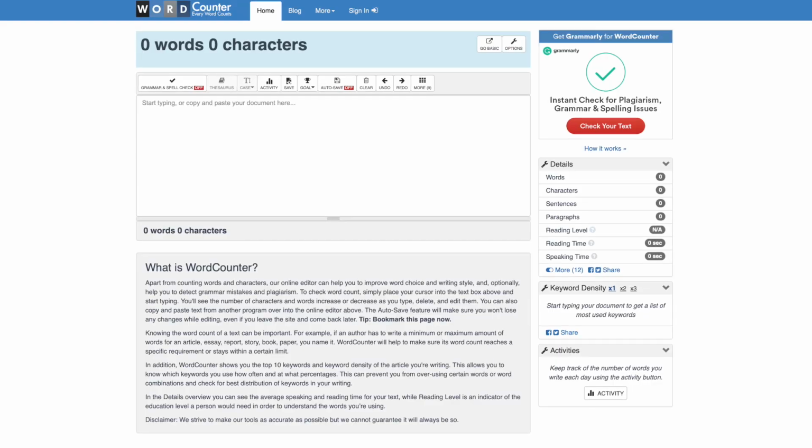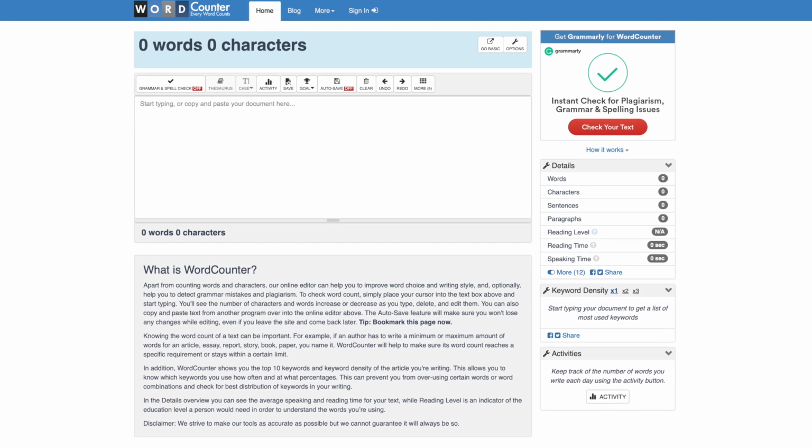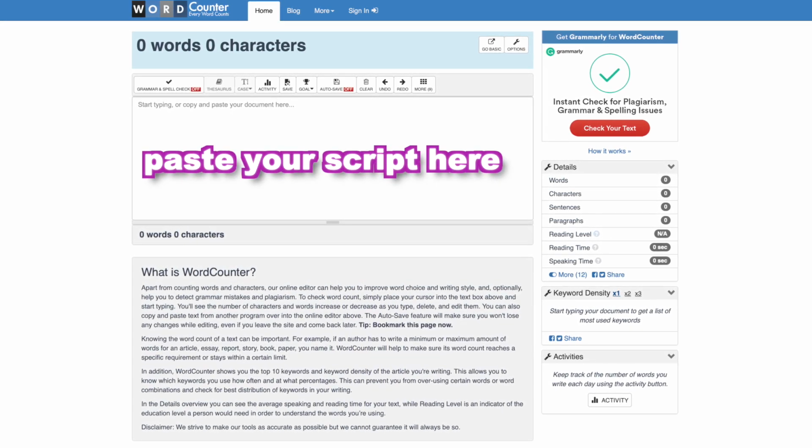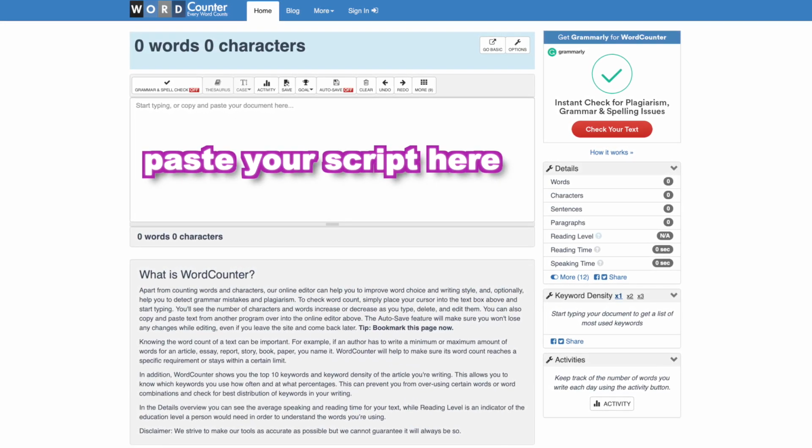on YouTube. You could also head on over to webcounter.net, and then you can simply paste your script into here, and it'll tell you how long your video will be in terms of speaking. That way you can see a good estimate of how many minutes your video is going to be. But overall, just make sure to take the amount of time that you need to give the value that you